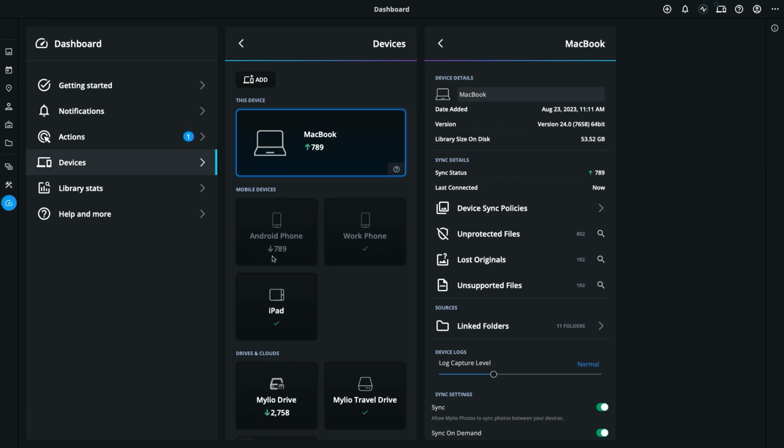But notice that the Android phone is grayed out. That means the device is offline. In order for syncing to resume, that device needs to be brought online and the Mylio application needs to be